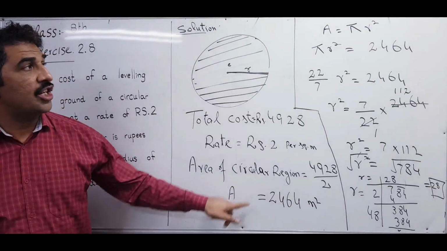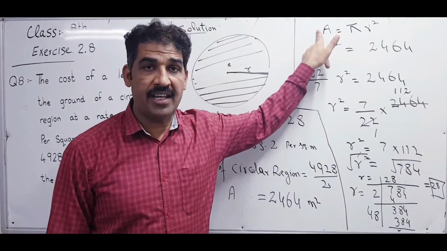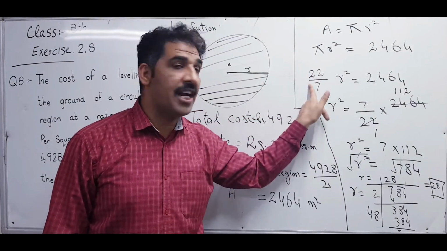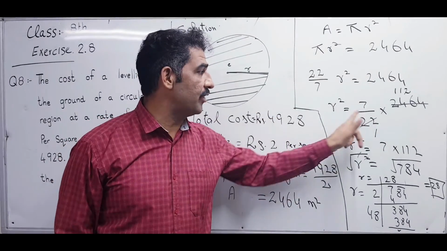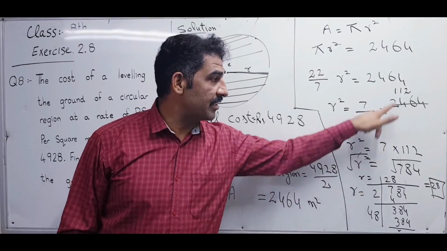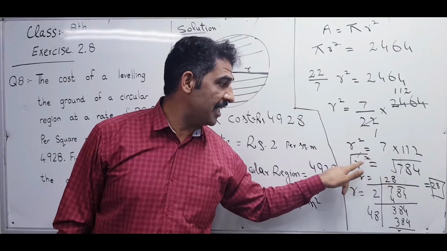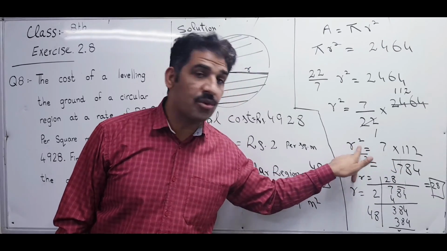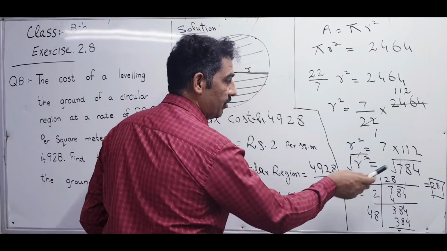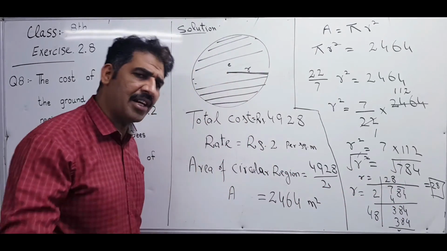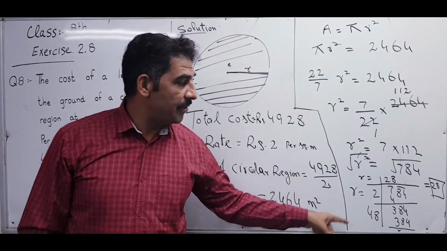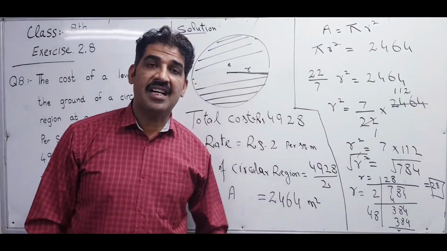When we get the area, then use the formula of the area of a circular region. Put the value of area, correct? Then the value of pi 22 over 7, shifting to the other side of the equal sign, so its reciprocal. 7 into 112. So after cancellation, 112 multiplied by 7, the remaining answer is the final answer, because that is a square and we have to find only the radius. That's why we have to take its root. So we take its root by the division method or prime factorization method, no problem. Any method you can use. Both are correct. After simplification using the division method, we will get the answer 28.